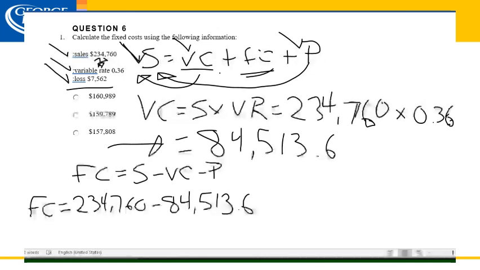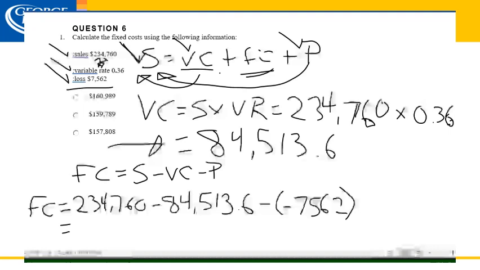Minus our profit. But because we're subtracting a negative number, we would add it. So our fixed costs turn out to be, again, just putting this into my calculator right now. I encourage you all to do the same. Oops, okay. Added it. So our fixed costs come out to be